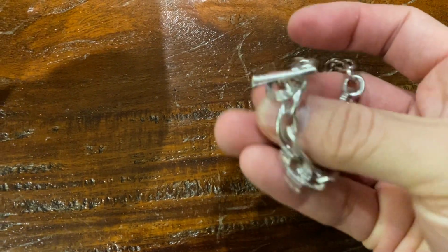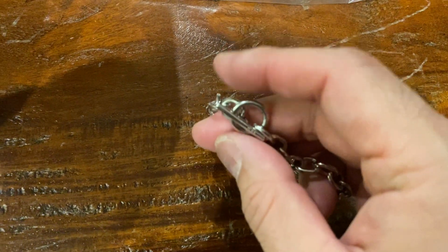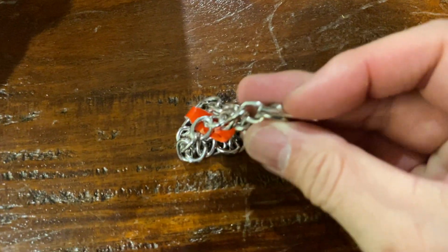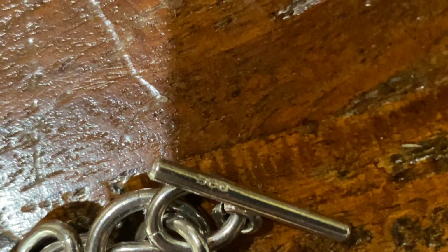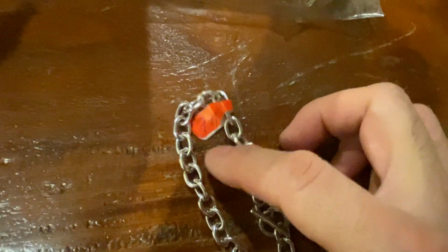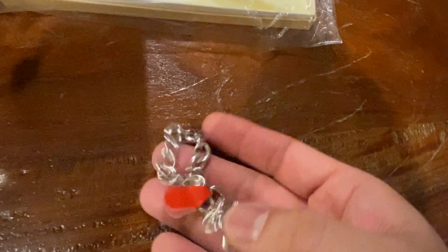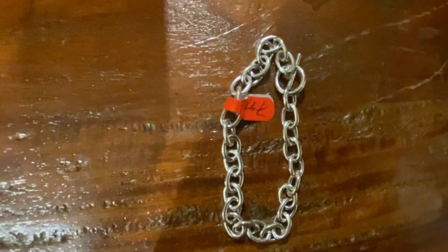And, all right, looks like costume jewelry, charm bracelet, looks like Tiffany, but not Tiffany. So here, it is marked. All right, I'm going to do a little close up. It says, I think it's upside down, 925. All right, so you're thinking, yeah, there's a lot of fakes that they stamp 925 on everything, right? But even without my magnet, it sort of has that clangy silver sound, which means nothing, it might be my imagination, but when you look closely at the quality,